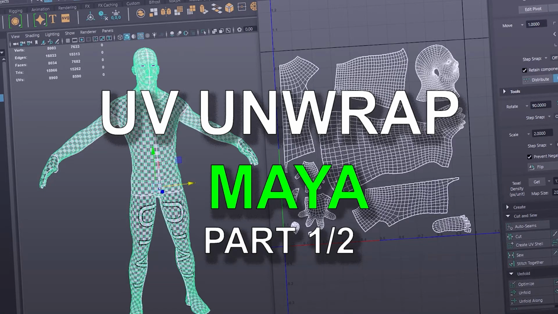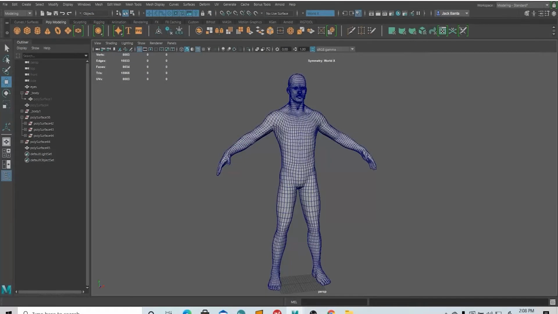Hey everyone, today I'm going to be showing you how to UV unwrap. UV unwrap is the creation of a UV map, and a UV map is actually a flat representation of the 3D model. So it's taking your 3D model and making it flat so that we can use it for texturing. Let's get started. Click your model,